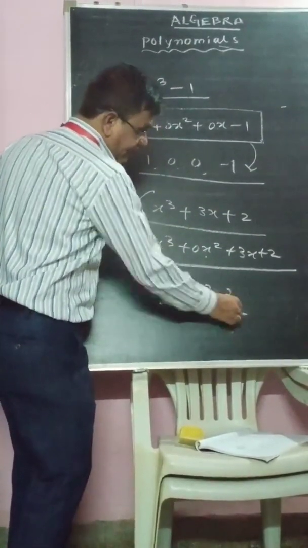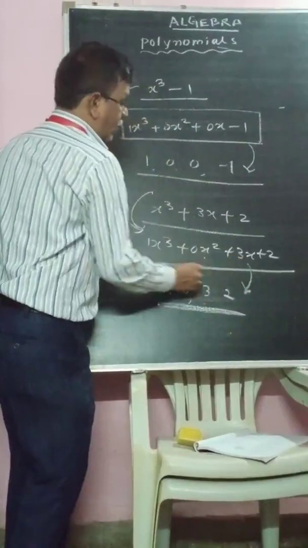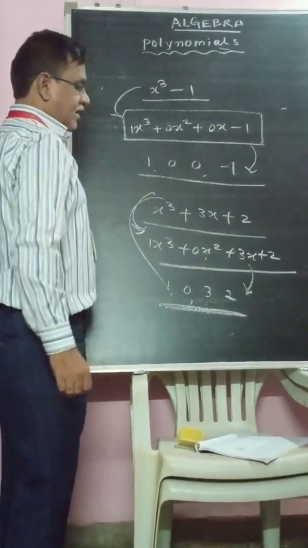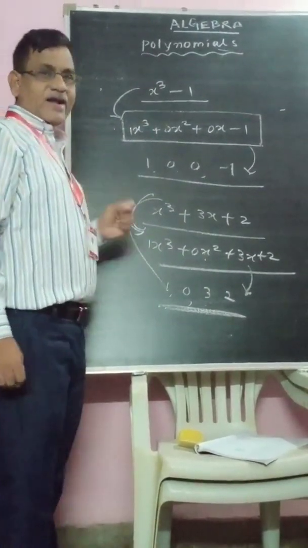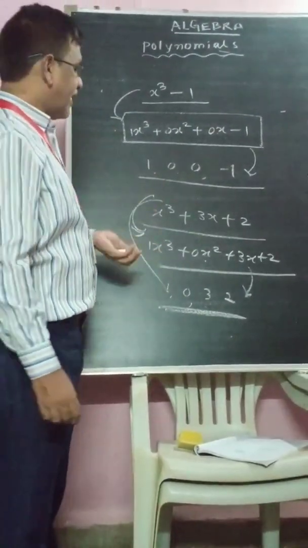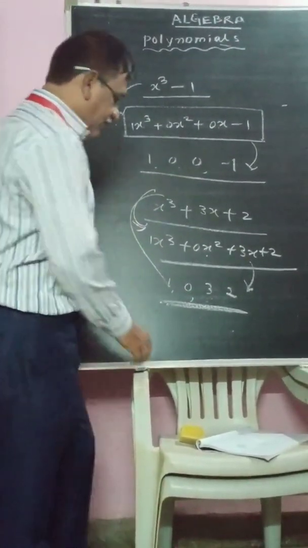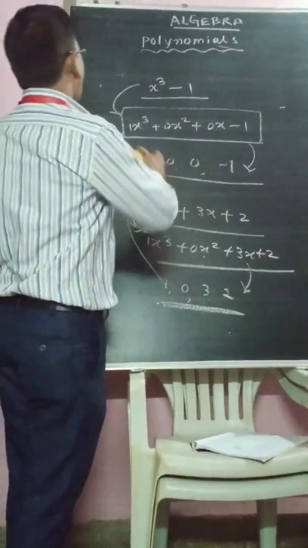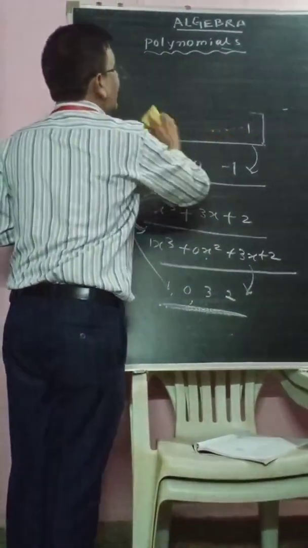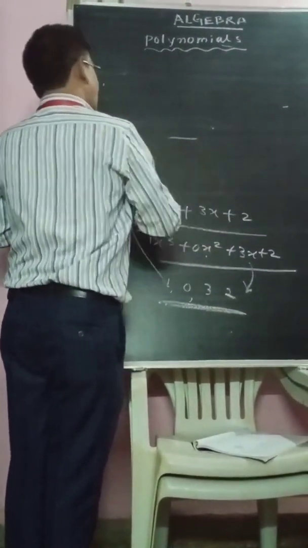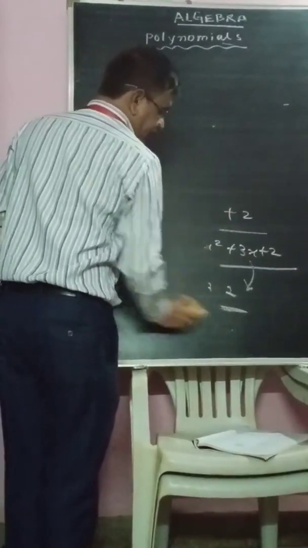This is called the coefficient form of this polynomial. You get it now? How to write an index form and how to write the coefficient form. If a coefficient form is given, then you can write the given coefficient form in an index form also. I can reverse it now. See here.